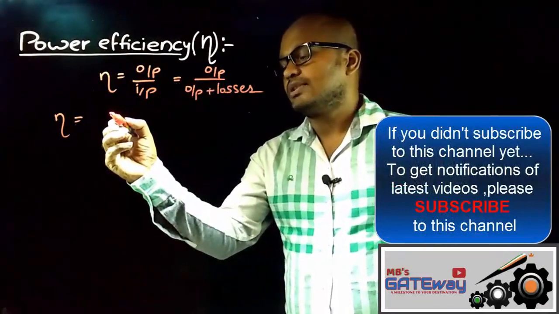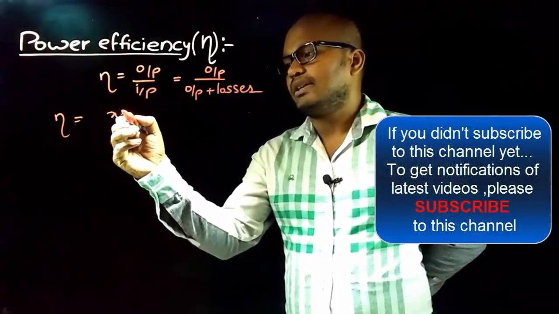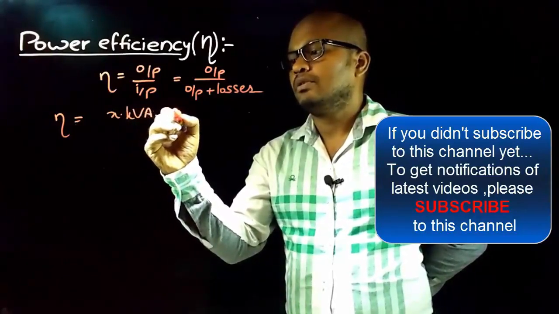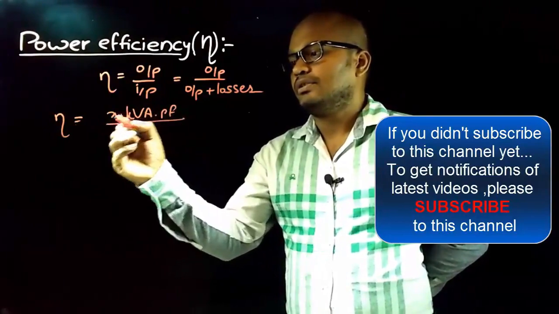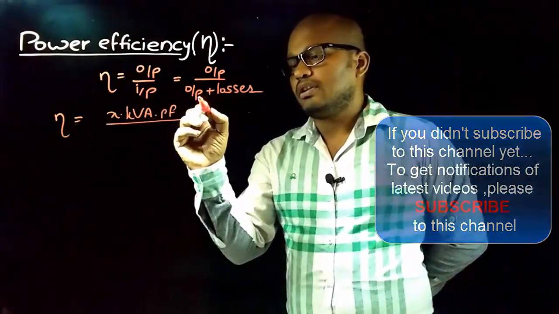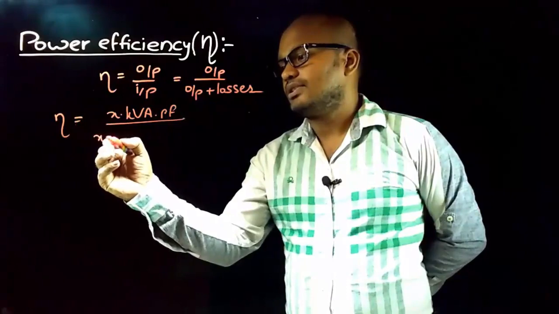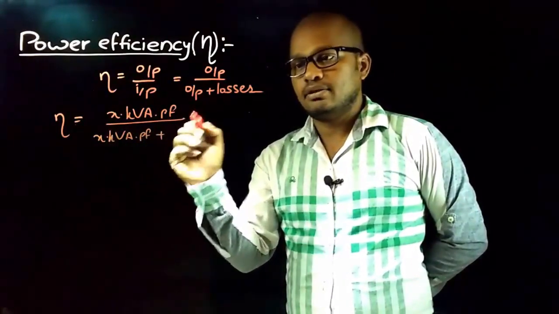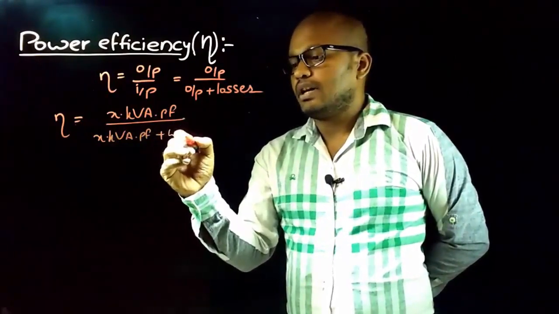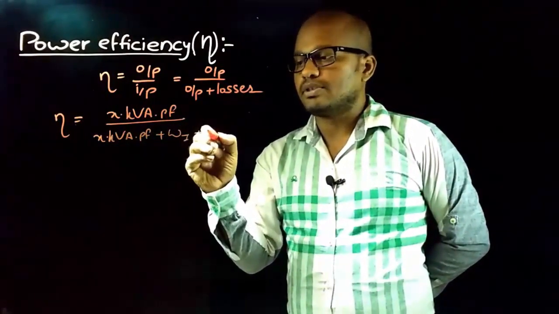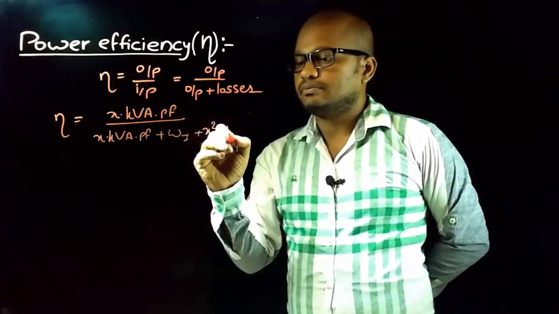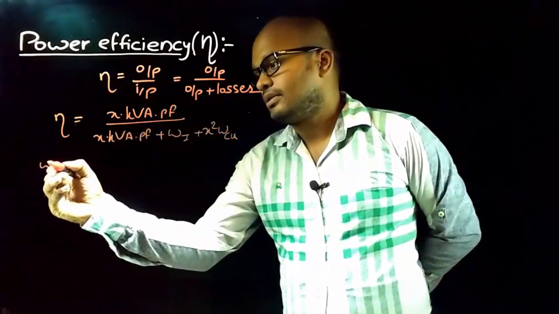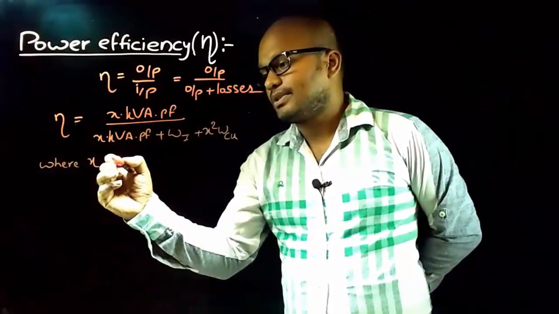Here output power is given by X into kVA rating of transformer into power factor. This is output, and output plus losses. So X into kVA into power factor plus losses, which are iron losses and copper losses. So X square into WCU, where here X represents the